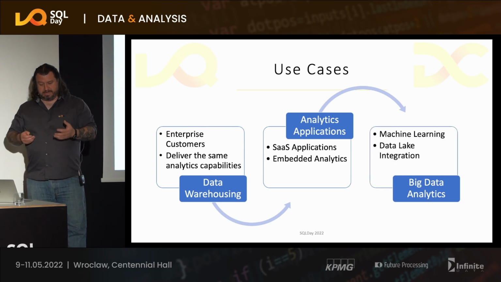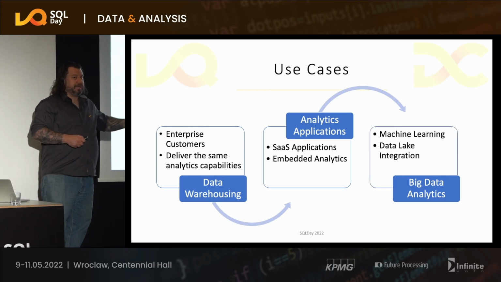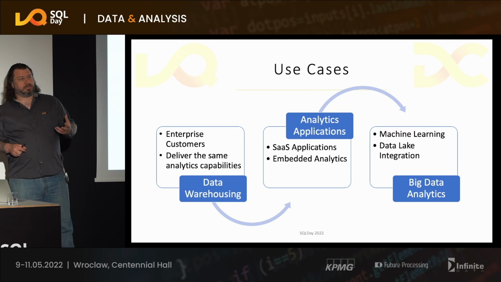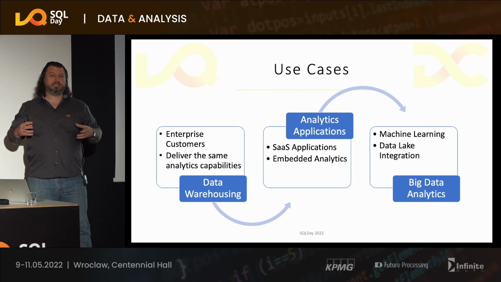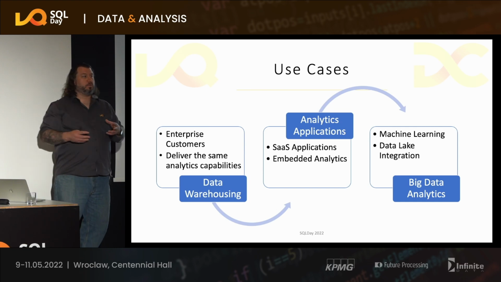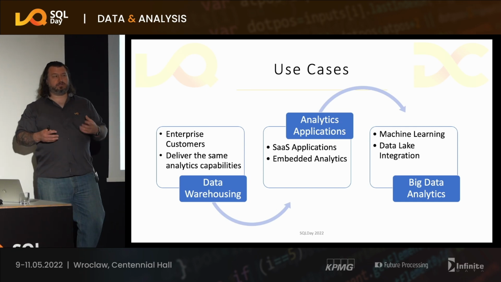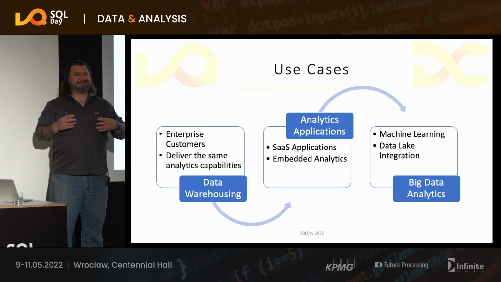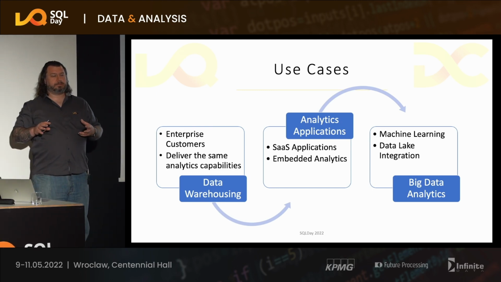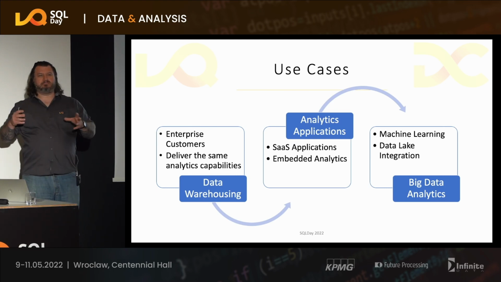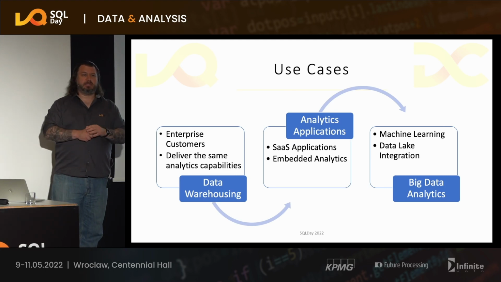And then finally, there's the big data analytics piece where it starts to really bring in that data lake. It starts to bring in the AI and ML capabilities that exist, where you're bringing in more services. Because when we start thinking about what a modern data warehouse is, it's not just a database. It's a collection of services that we're using to deliver capability to our end users. So those are the three key use case buckets that I see a lot of customers